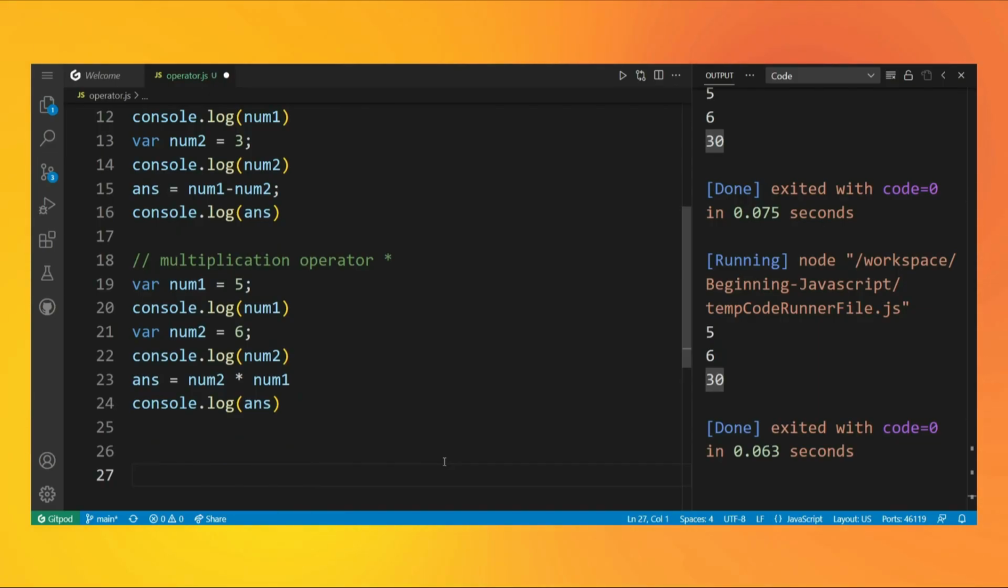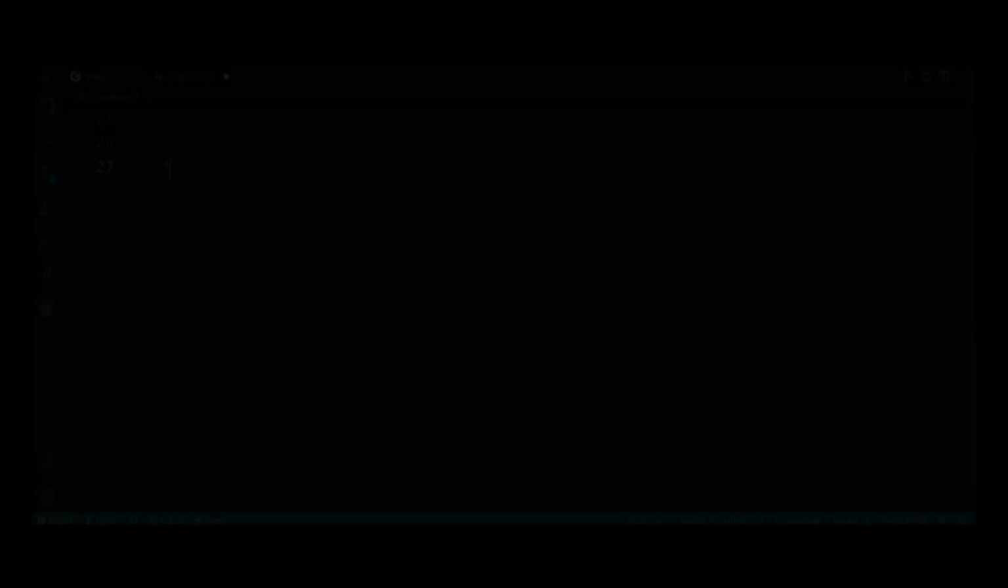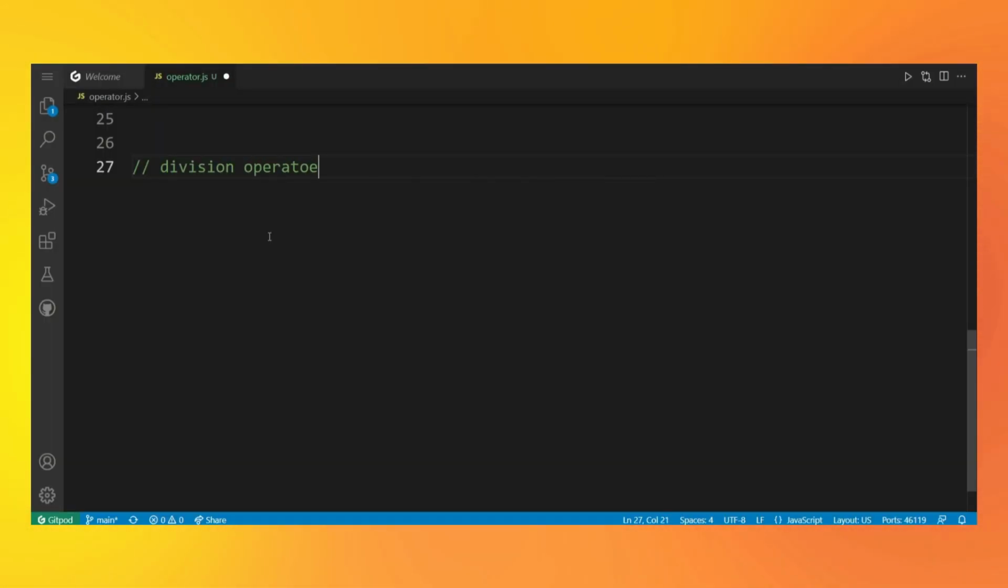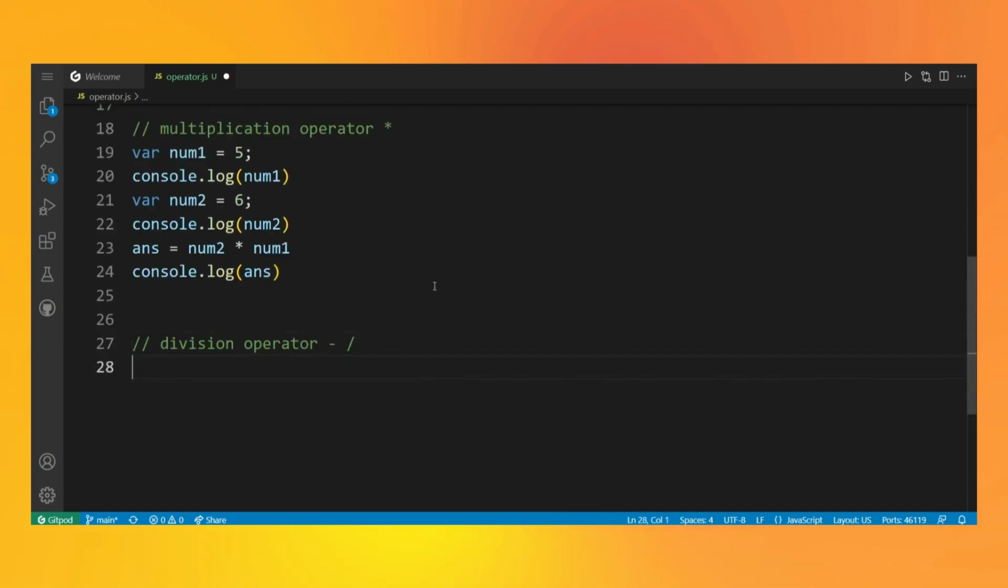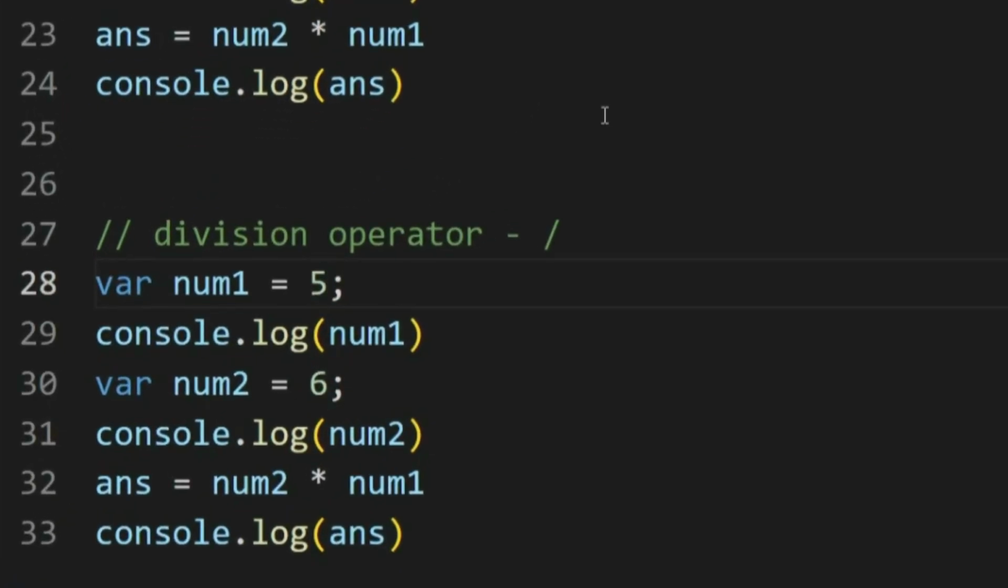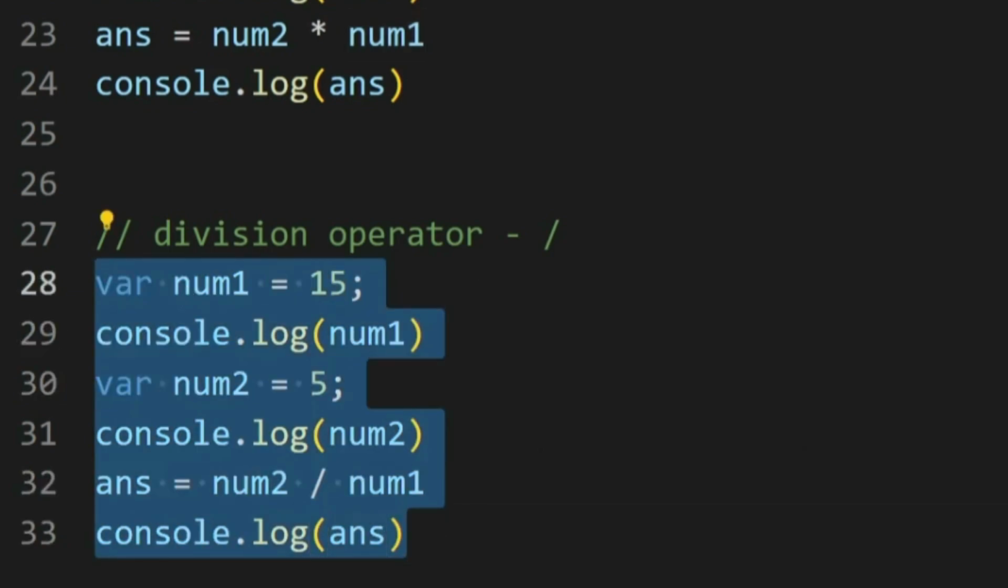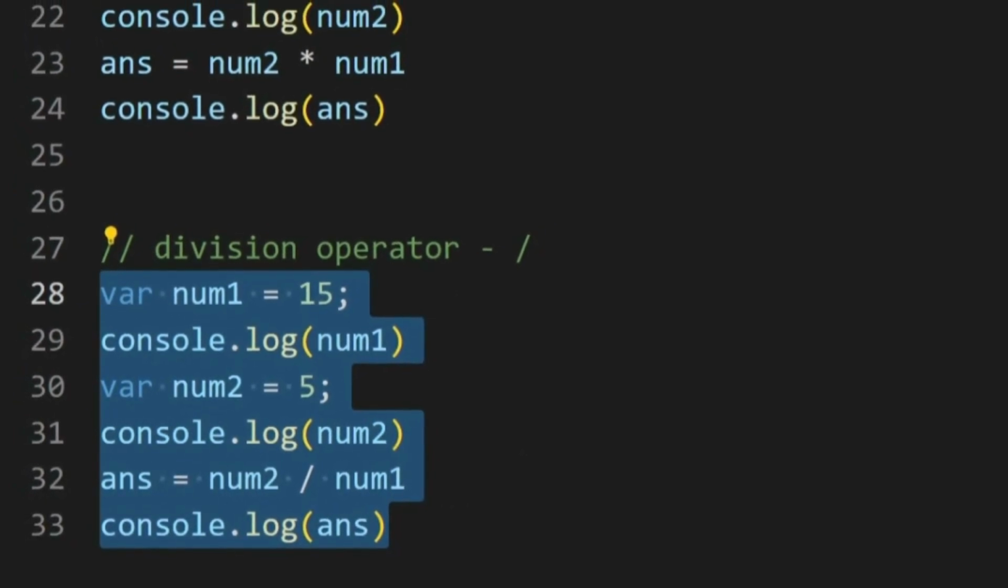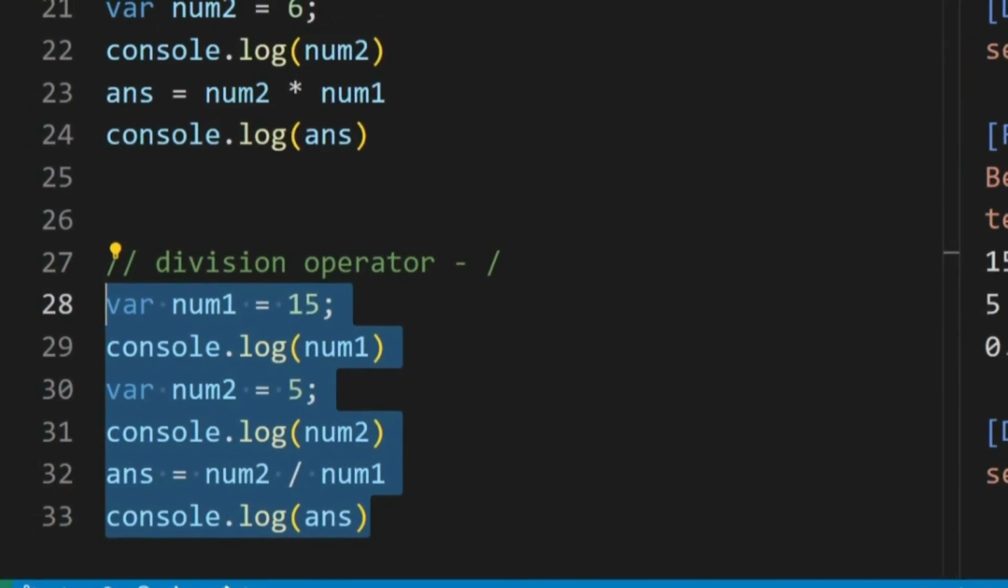Having done this, let's now do another one. Division operator, that is done by slash. Let's do it. What I'm going to do is copy. I will say 15 divided by 5, and here I will change this. Now I take this, I will run it. You can clearly see that it is returning me